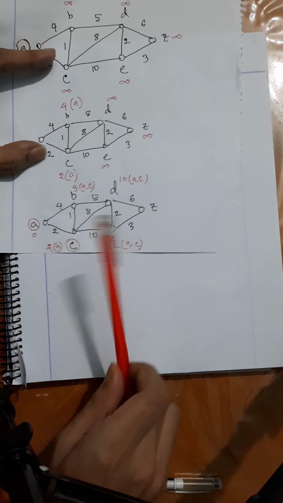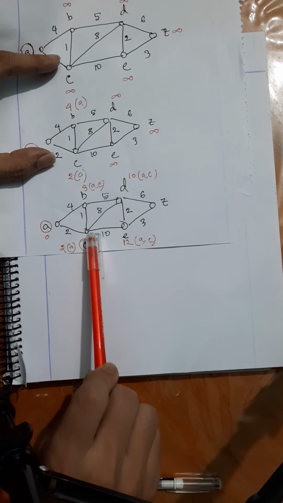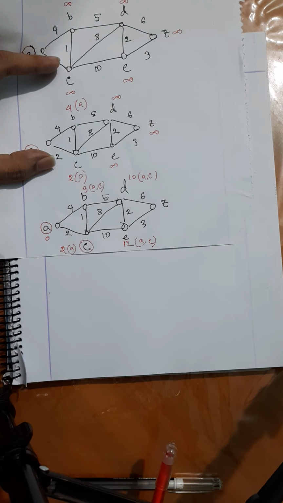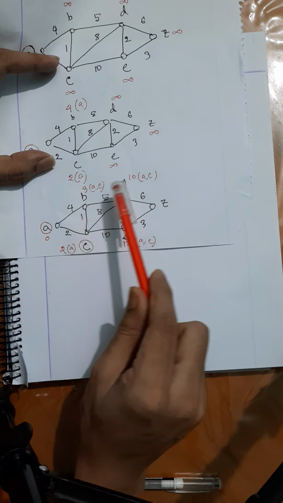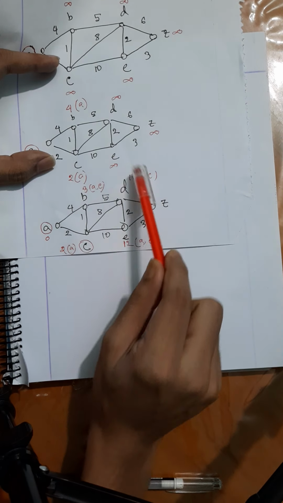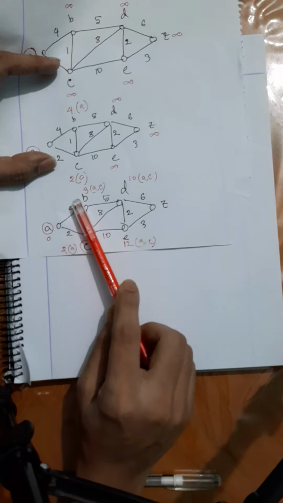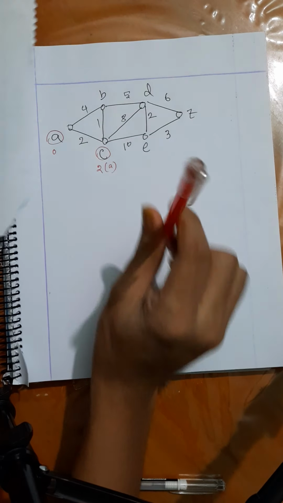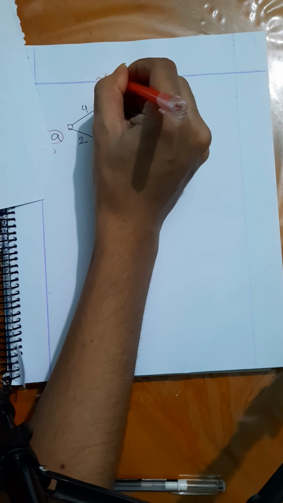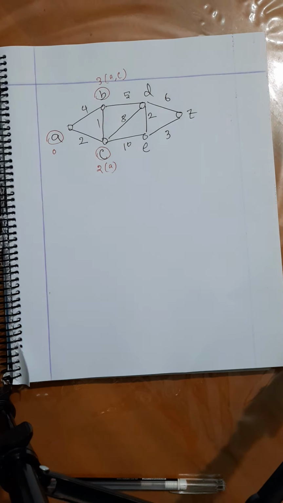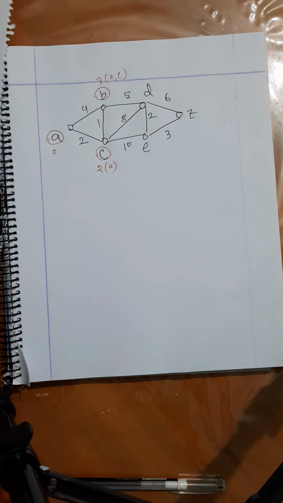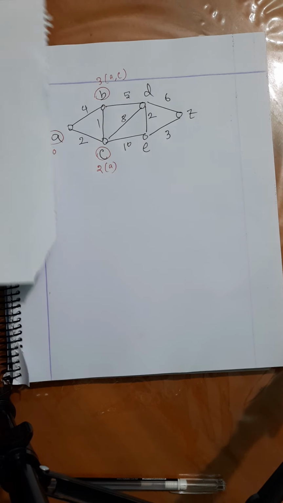What is the next smallest node that we are going to select? It's going to be B, because it has a distance value of 3, and D and E have 10 and 12. So B has the smallest number here. We are going to select B, which has a distance value of 3, path A comma C. The distance values of the other nodes can still change, so we are not going to write them down yet. We are going to check if they get updated or not.